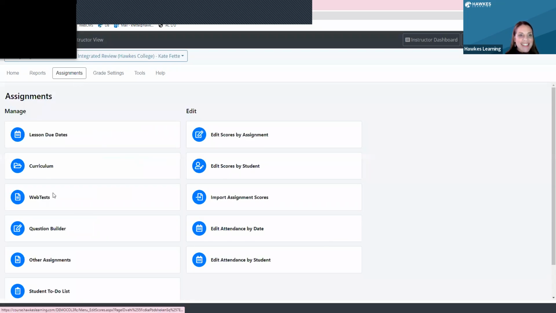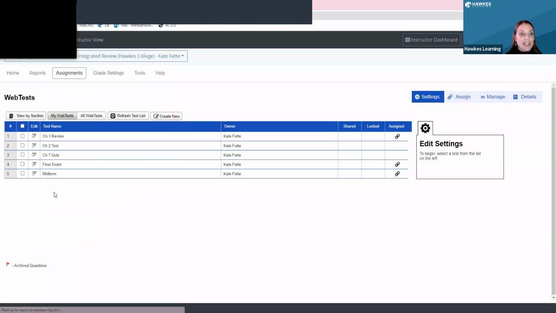So once you are able to assign your test and set up the settings that you want, you're always welcome to reach out to your support rep at Hawks to make sure everything looks correct until you're comfortable, or if you have any questions about the features or for a specific student, if they have special accommodations. But if there's anything we can do to assist you, please feel free to reach out to your dedicated training and support rep, or you can just reach out to Hawks